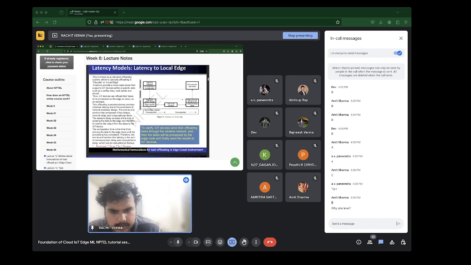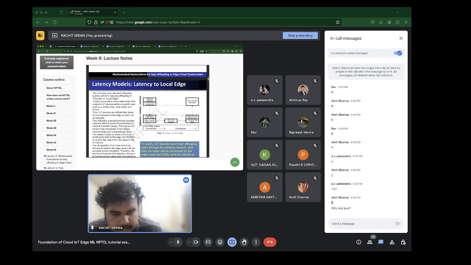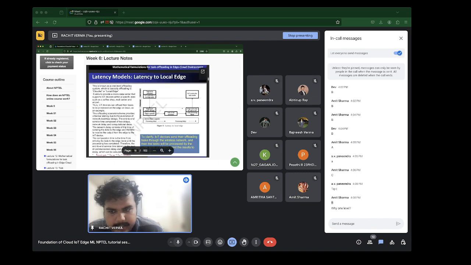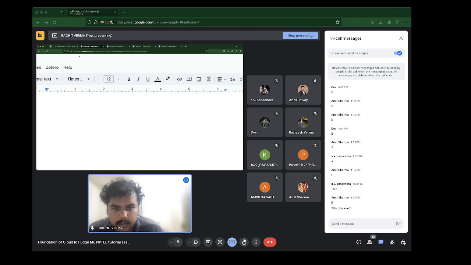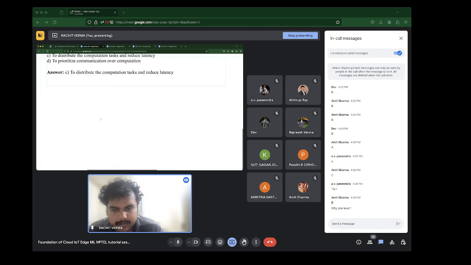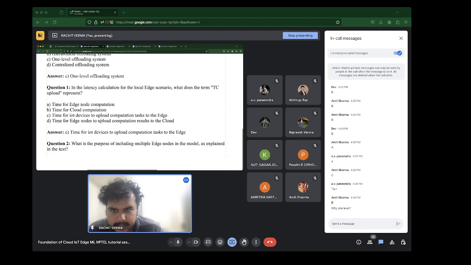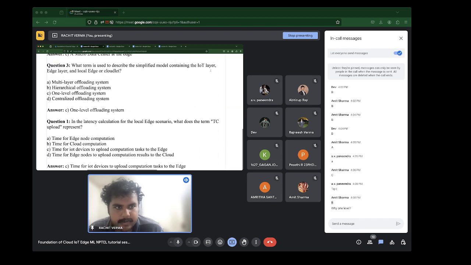I don't think it's written in the slides over here, but Sir had explicitly mentioned the one level offloading system, in which there was just the IoT layer, the edge layer, and the cloudlet. It was called the one level offloading system.